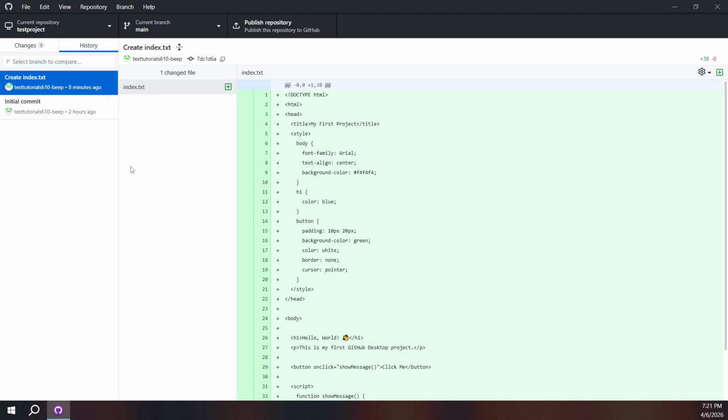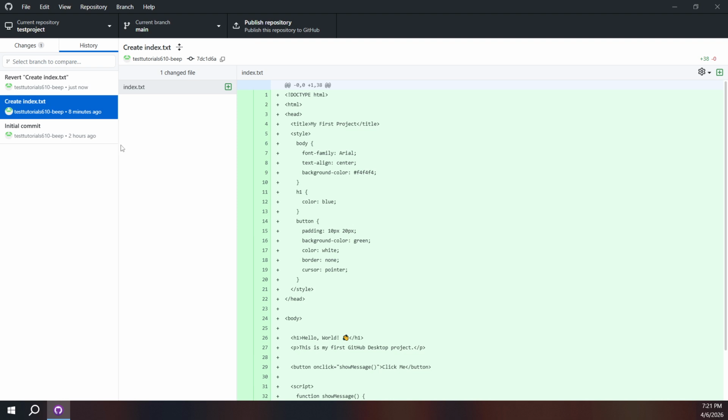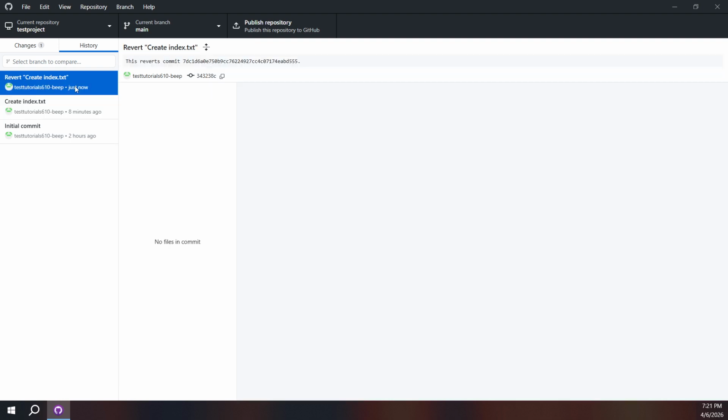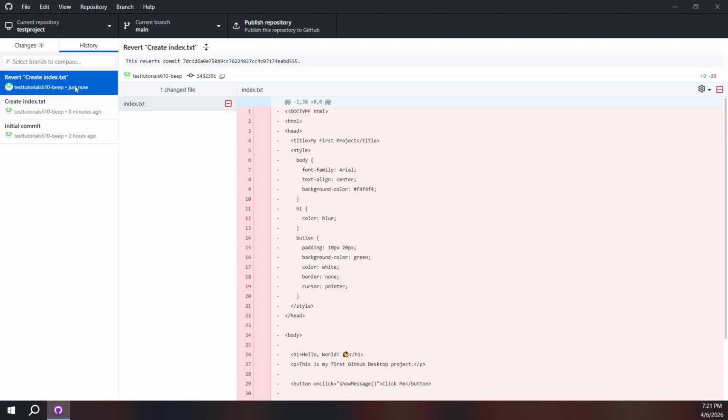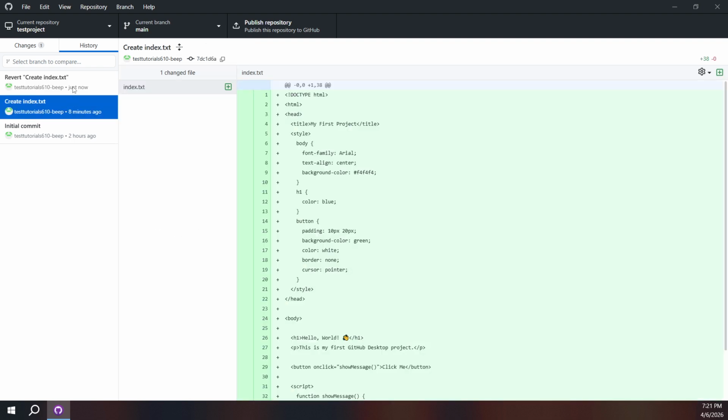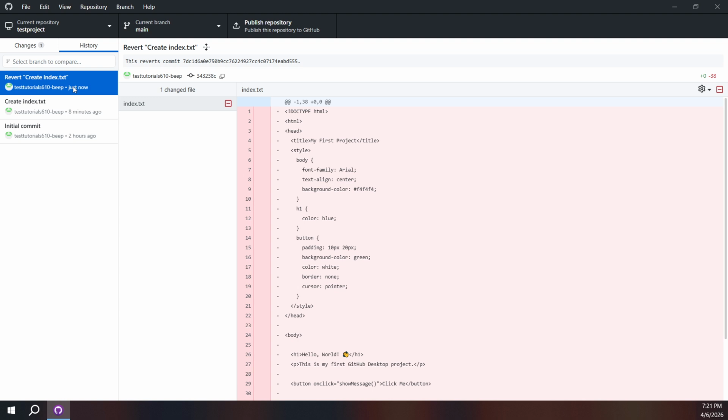If the revert can be applied cleanly, you'll see those reverse changes staged in the Changes view along with an auto-generated commit message that starts with Revert. You can keep that message as is for clarity or add a brief note explaining why you're reverting so teammates